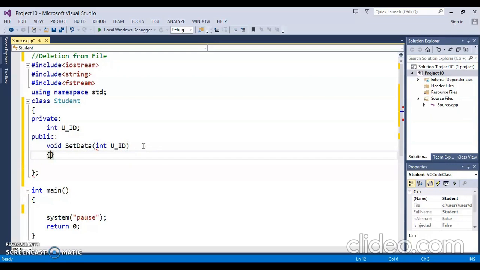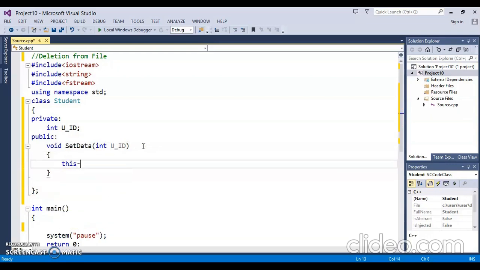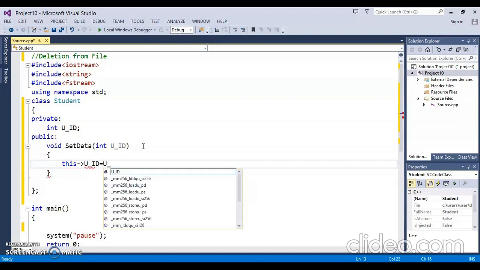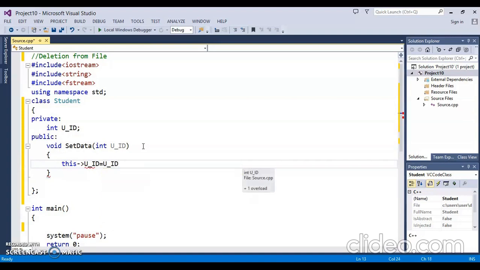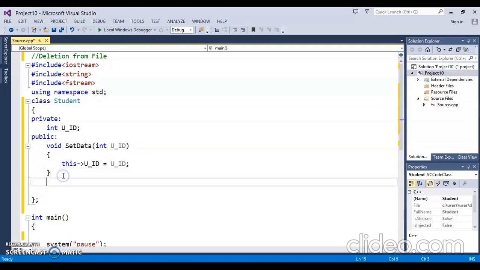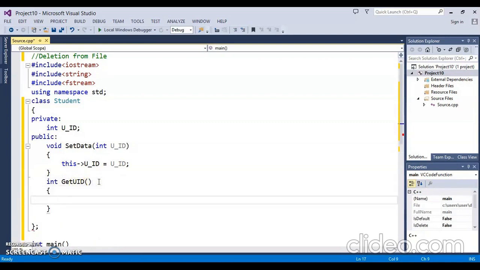And let's say this has one get function, int get UID, and this function simply returns the UID.